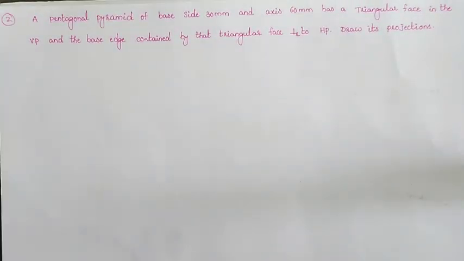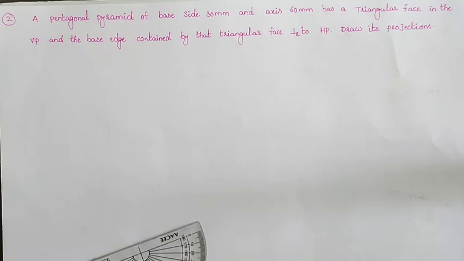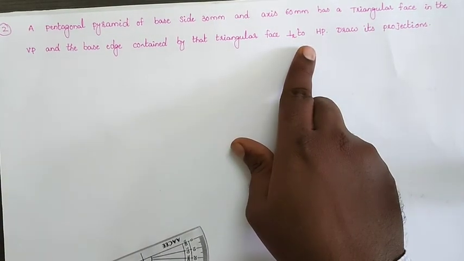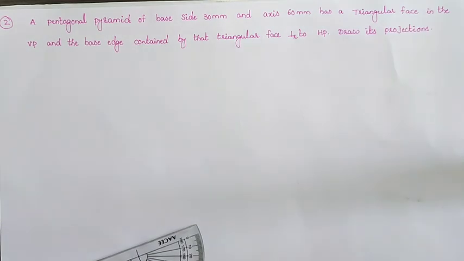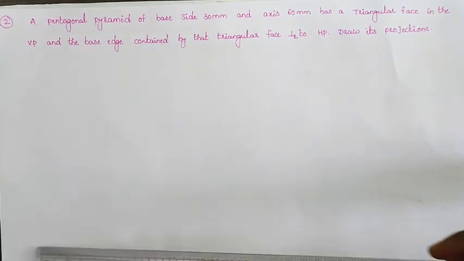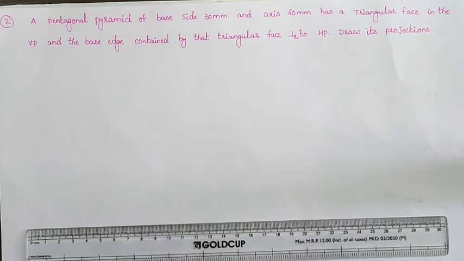Whenever you see the object from the front view direction, we will get the base of that view. So in this condition we will draw the base. The triangle face is perpendicular to HP, which means we will draw the front view of that side perpendicular to the reference line and construct the front view of our diagram.